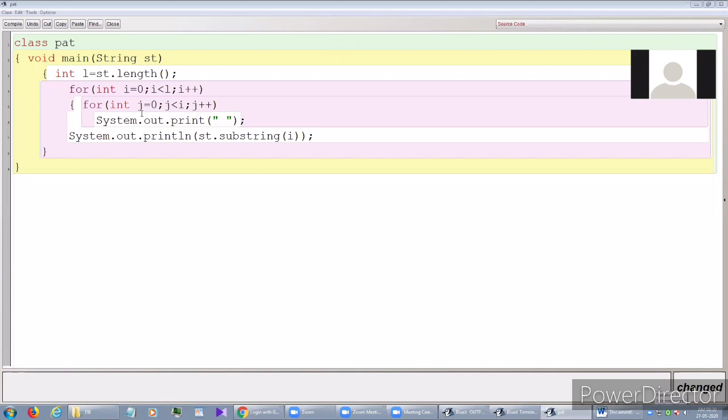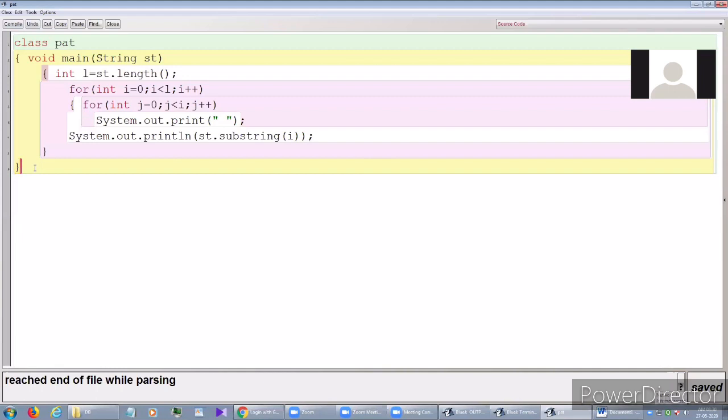Here the condition does not get satisfied, it is false. Okay. So it goes to System.out.println(st.substring(i)). So what is the value of i? i is 0.